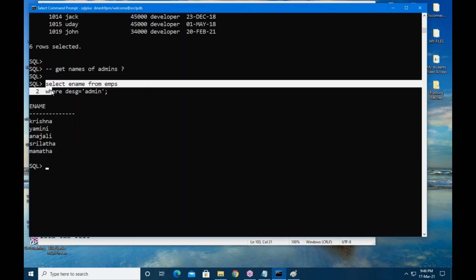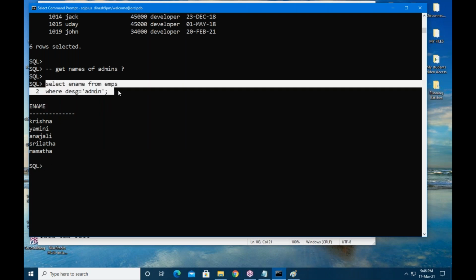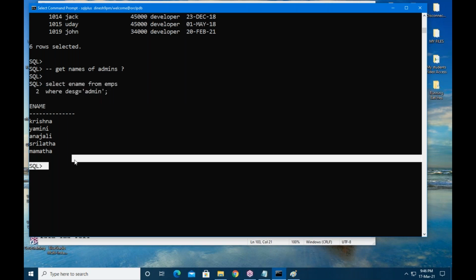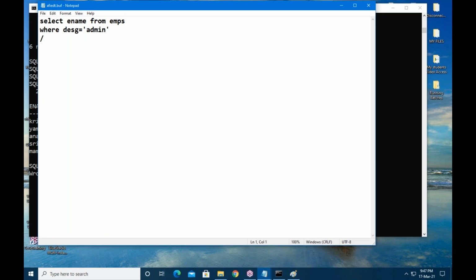I want to change this query. Listen carefully, guys. My next requirement is I want to make some small changes in the old query. Don't type the query again. Use ed, edit, enter. Your query opens in the notepad. In the notepad, make the changes.